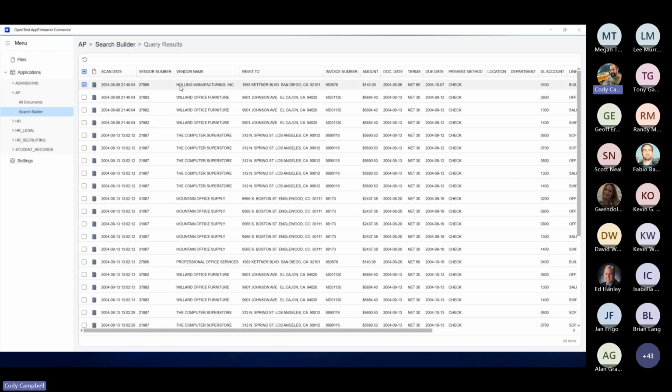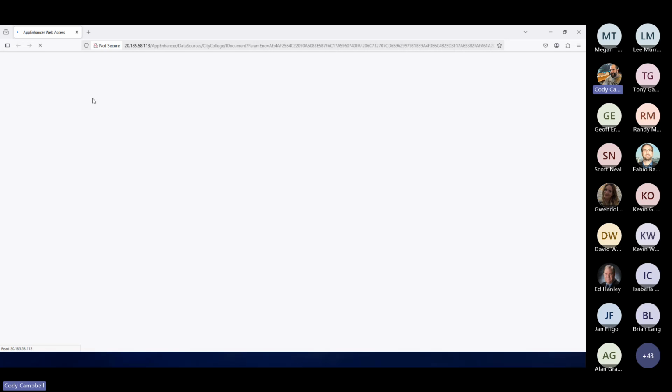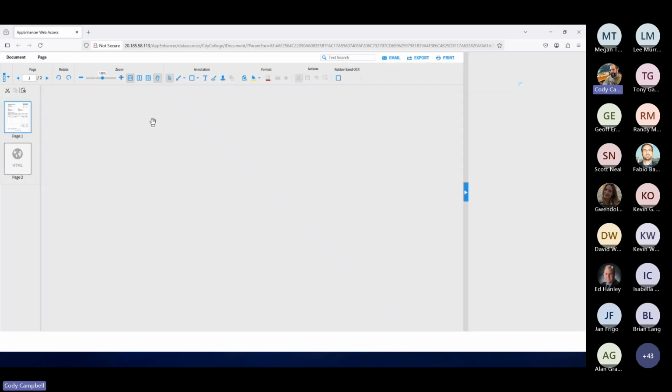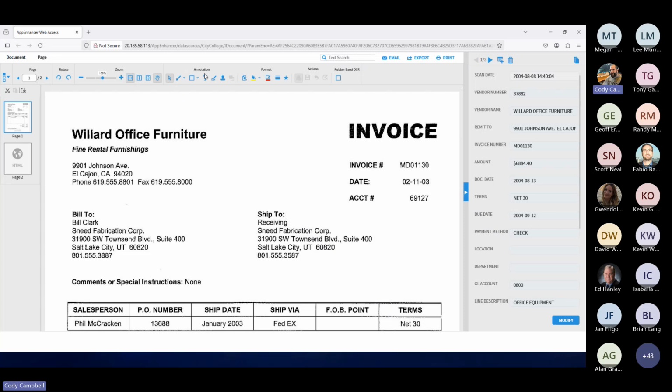And we can get to the document just like you would in web access by clicking on the link here where the preview would be. And this will just take you to the UI, since we have all those URL integrations, and we can just pass our tokens in and get to our document. And now we're in a pop-up window with the document viewer.